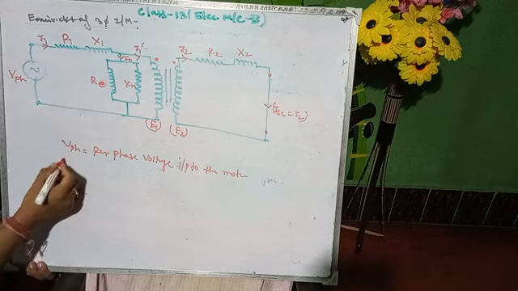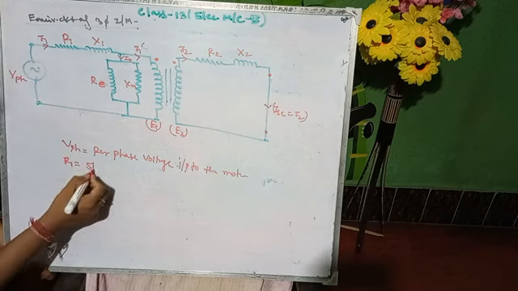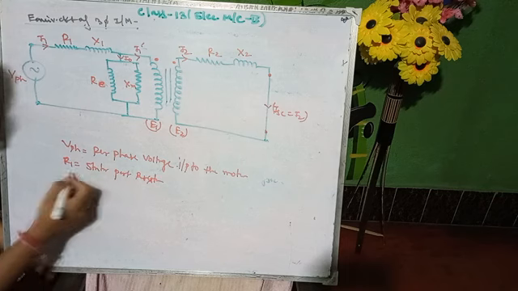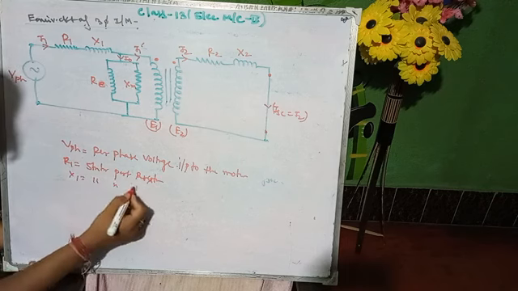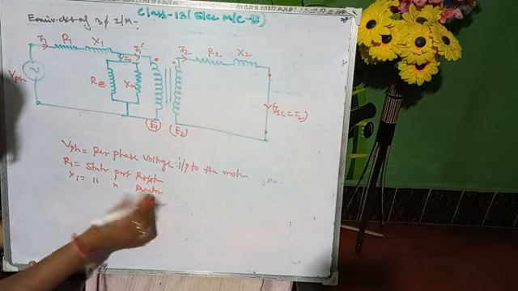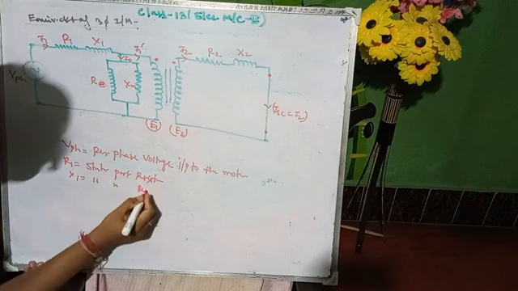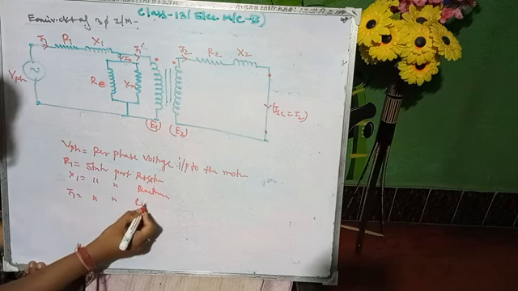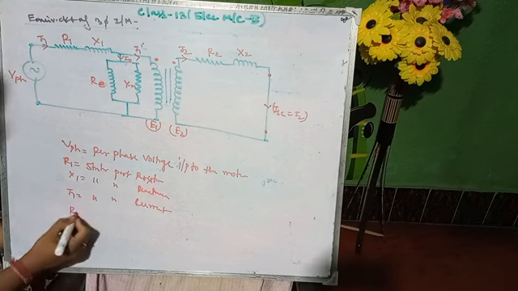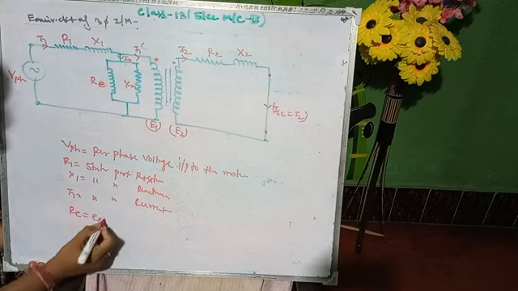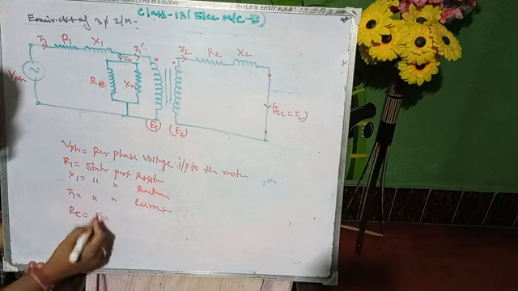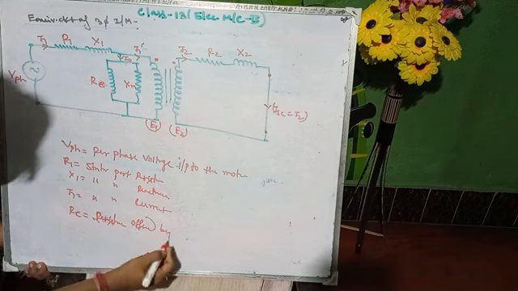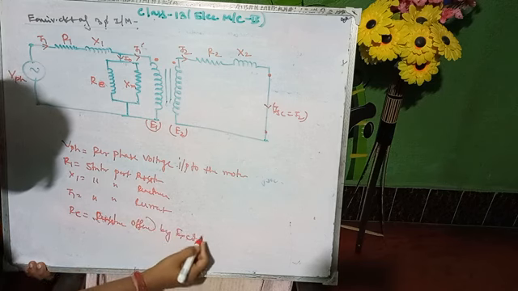R1 equals the stator resistance, X1 equals the stator reactance, and I1 equals the stator current. Re equals the excitation resistance, or the resistance offered by the excitation system,